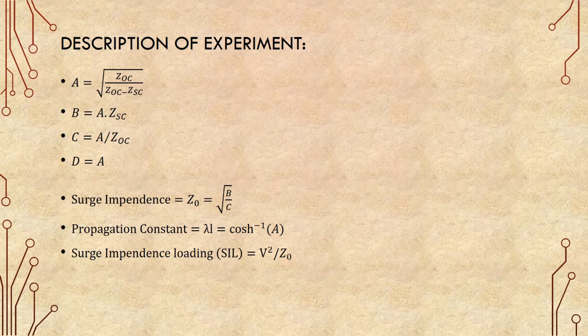So that's why we should know the SIL level of the transmission line, so that we always load the transmission line at SIL. If the load is not there, still we have to load the transmission line at SIL by transferring the load to some other bus, so that the transmission line is always loaded at SIL. It should not be less than SIL or more than SIL. So for that we need the SIL, which is an important factor in the case of a transmission line.